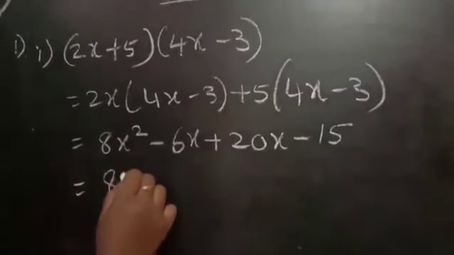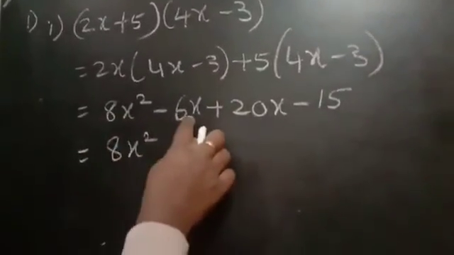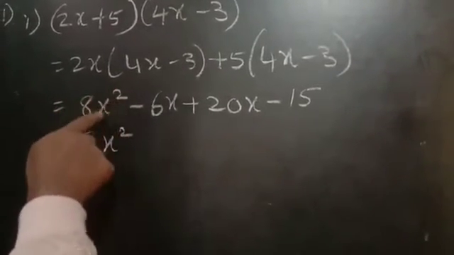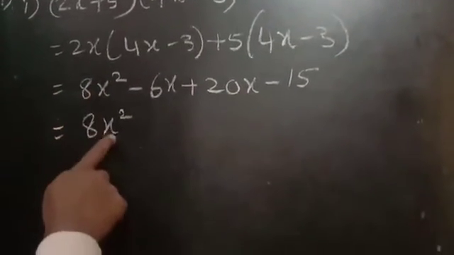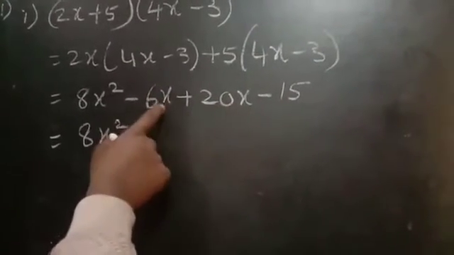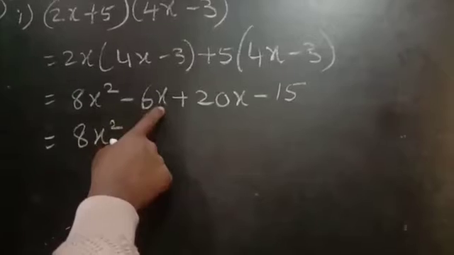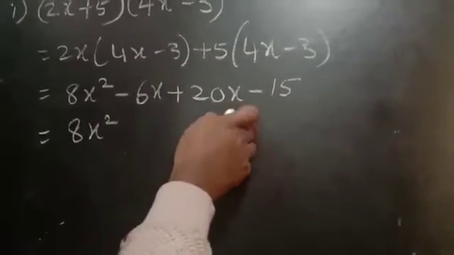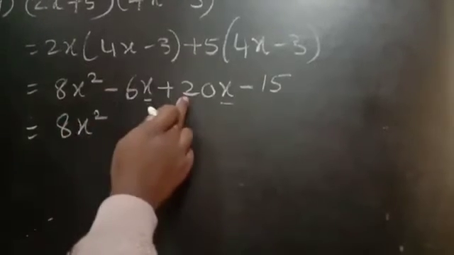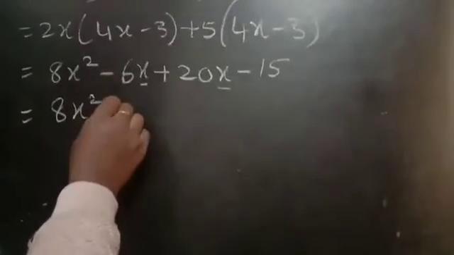Then 8x square, because we have only one x square term. Here we have two terms in x, minus 6x plus 20x, the same kind of term, so we can do subtraction. So 20 minus 6 is plus